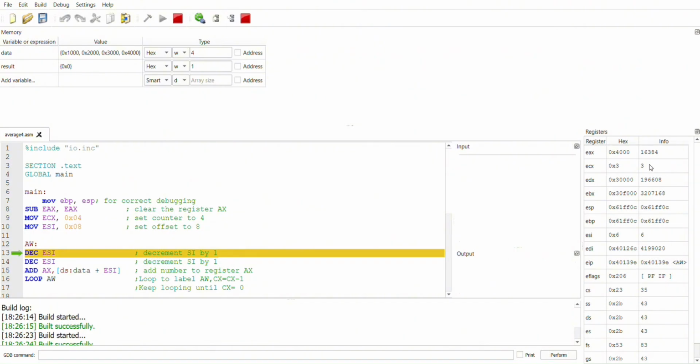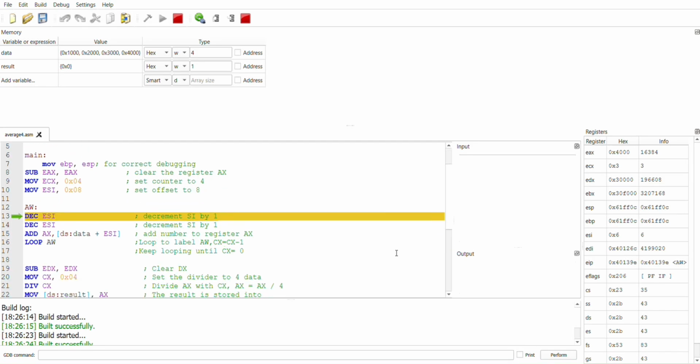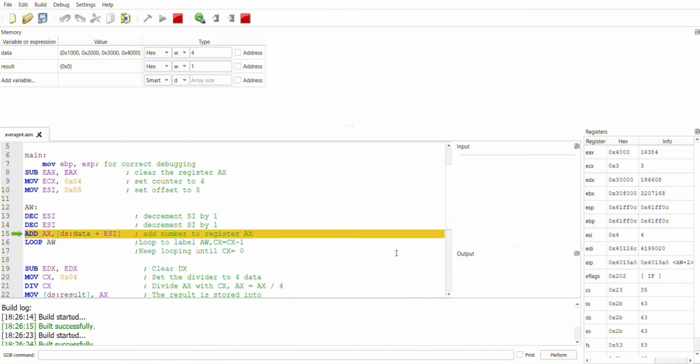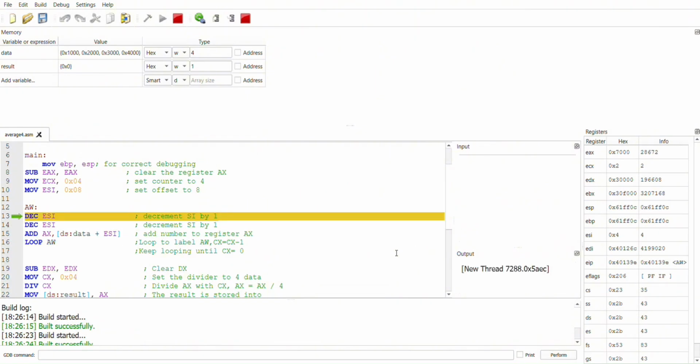Now we will do the next cycle of the loop until it becomes 0. So I will just go through the loop again until it becomes 0. It already became 2,